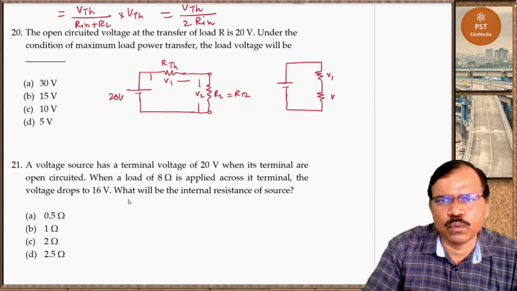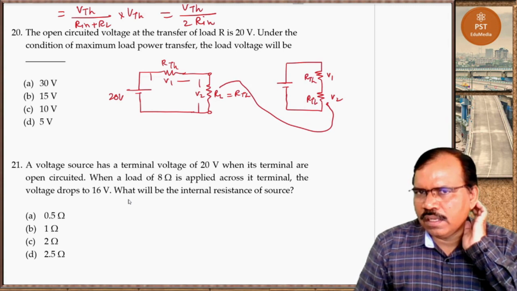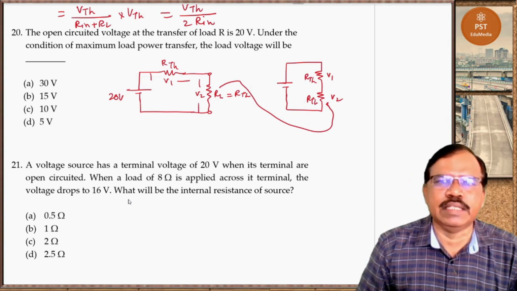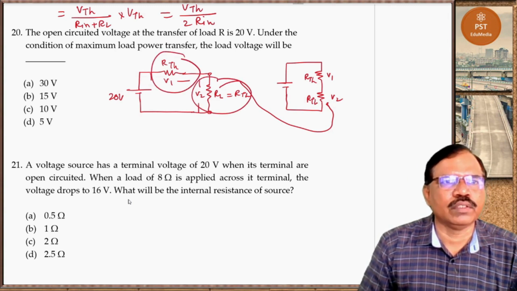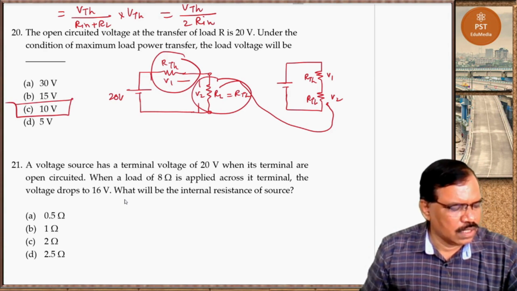V1, V2, this is RTH, this is also RTH, this one. So two resistances are in series and they have equal values, so voltage is divided equally. So here you will get 10 volt, here you will get 10 volt. So here this one is correct. Now next one,